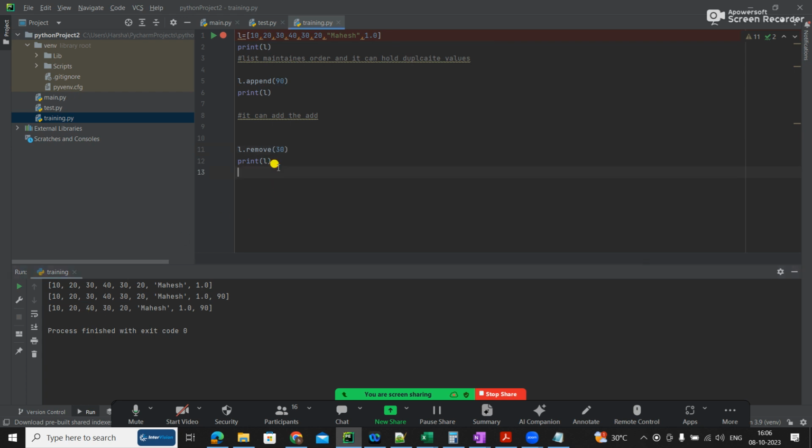Now, does anyone have any doubt in the list? Only this much I have told. If you have a doubt, just ask me, because I'll speak the same way in the tuple, and next I'll move to set. If you want to remove all the duplicate values, how can we do this?